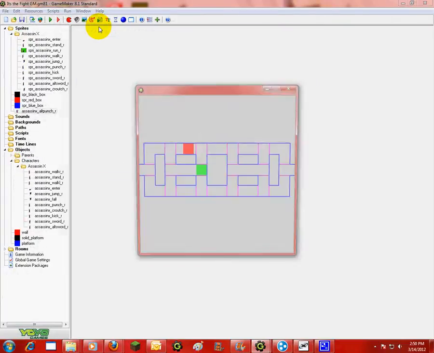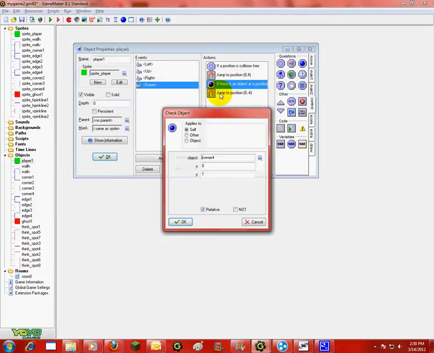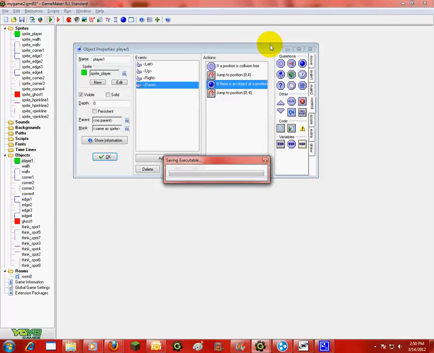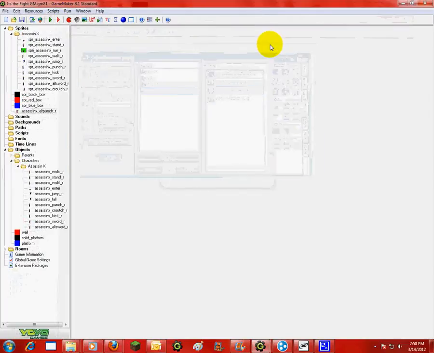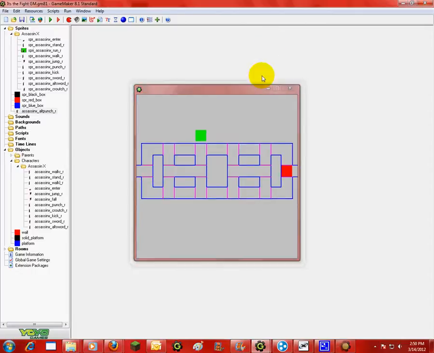Or maybe I haven't tried. So if I go here and press down, nope, it's probably because it's a solid. And that doesn't really help. There we go. Now I can't go down out of the room. But I can still go up, so